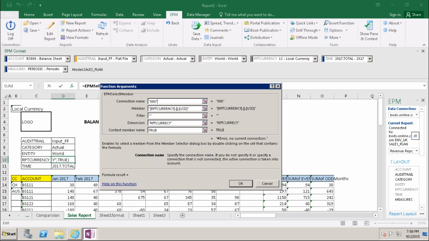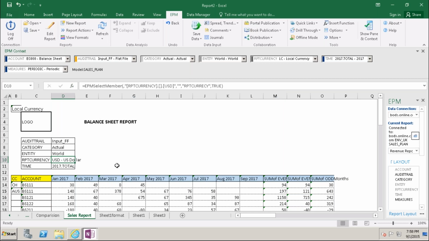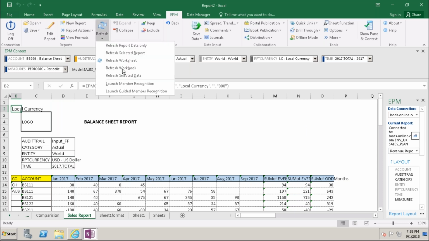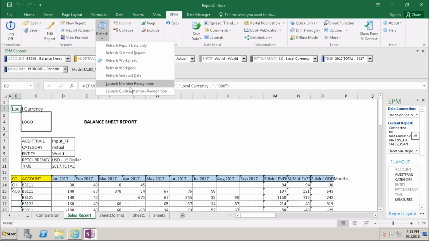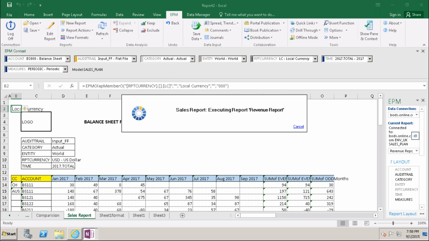No, USD dollars, refresh. Refresh workbook.